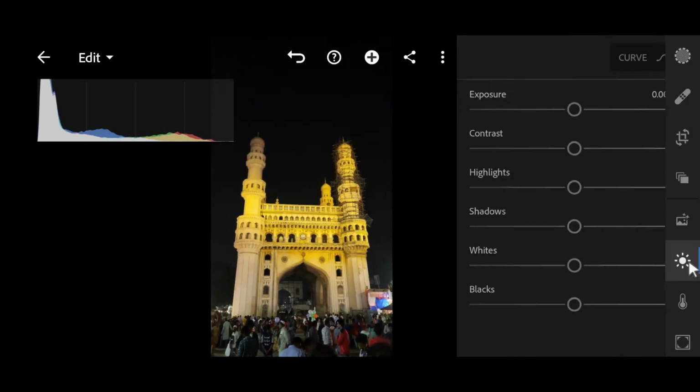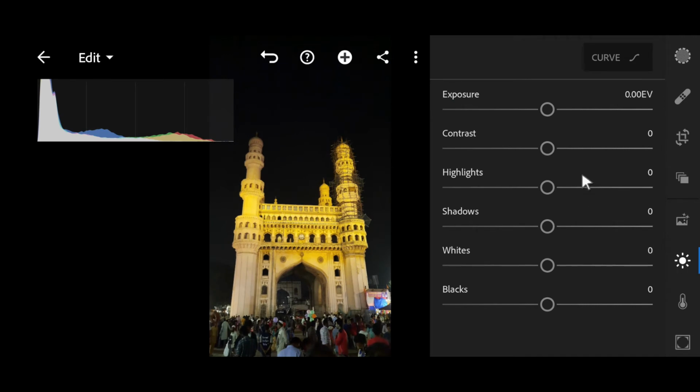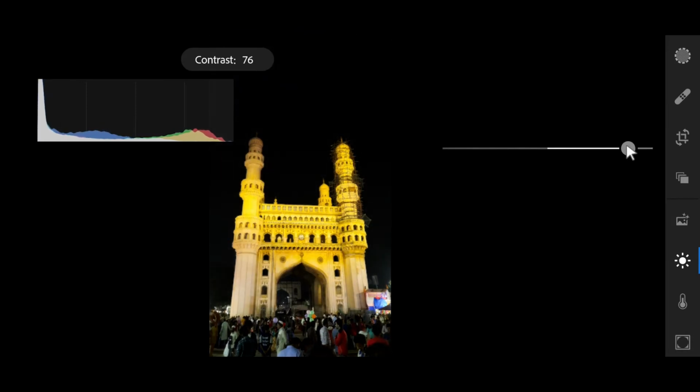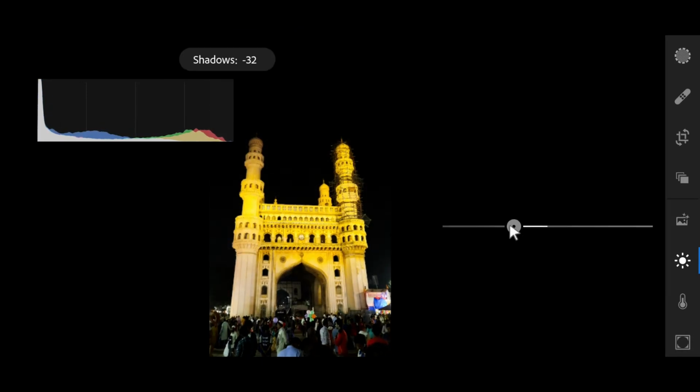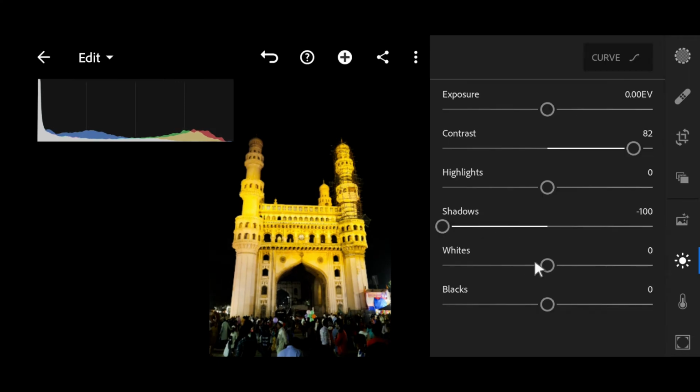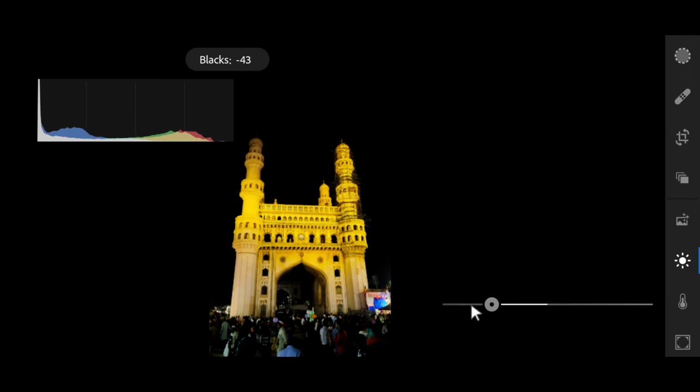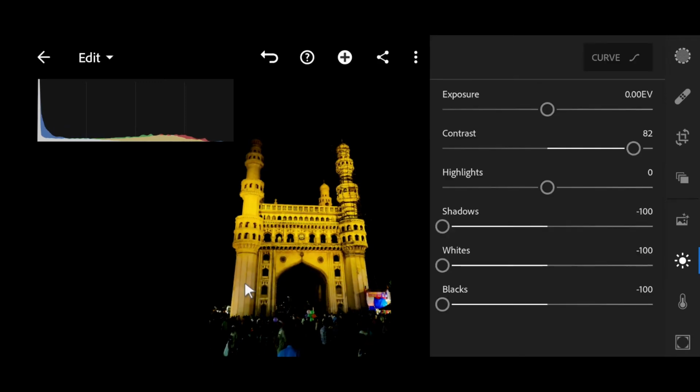Now, first of all, I'm totally going to make it dark. I'll go to the Basics tab. I'll increase the contrast over here, reduce the shadows, and reduce the whites in this image. I'll also reduce the blacks so that it gives me this texture, and I'll increase the contrast all the way to the right. If you remember what I said, this is an art and we are not bounded by any editing principles, so don't worry, it is our creativity which should reflect in this image.